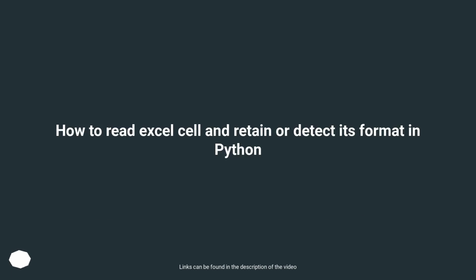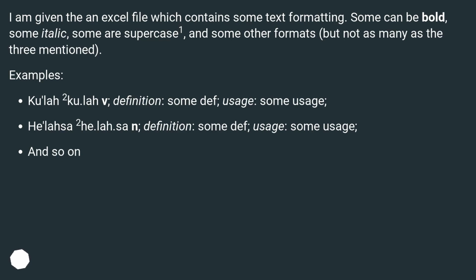How to read an Excel cell and retain or detect its format in Python. I am given an Excel file which contains some text formatting. Some can be bold, some italic, some are superscript, and some other formats, but not as many as the 3 mentioned. Examples: